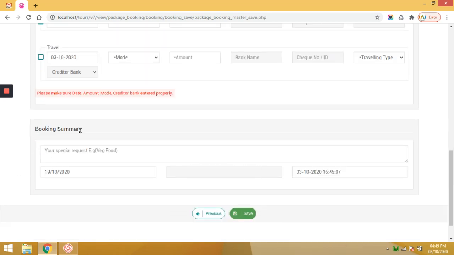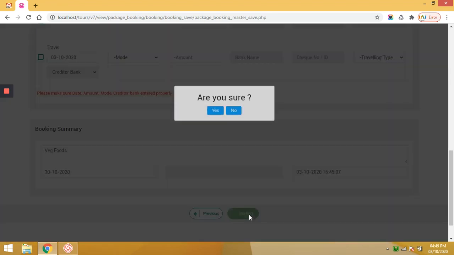Once you click on save, the booking confirmation details and advance payment receipt details are automatically sent to the customer's email ID. Also we can directly send them on WhatsApp as well. Booking details are reflected in the table. Now the most important thing is that all the travel documents and invoices are automatically generated in the system. So we can see them one by one.